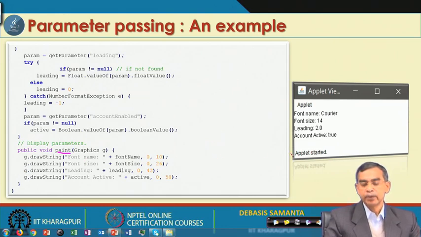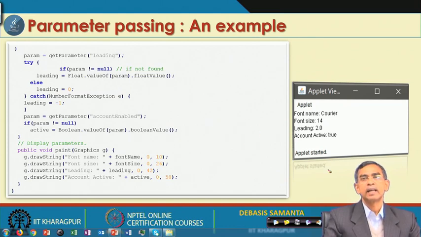And then if you run this applet using the HTML file that we have previously shown, it will look like this. So, what we want to say here is that whatever parameters we want to pass from an HTML page to an applet can be embedded into the HTML page itself, within the applet tag, by the special tag specification called param. So, this way we can pass the parameter and we can run this like this.